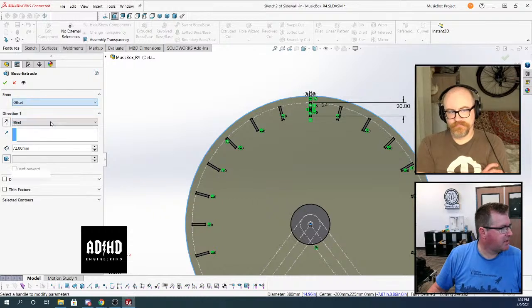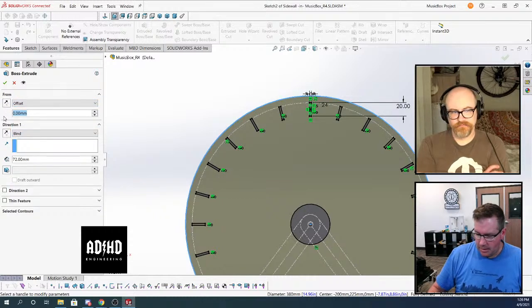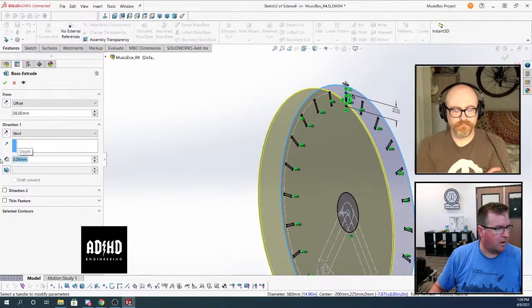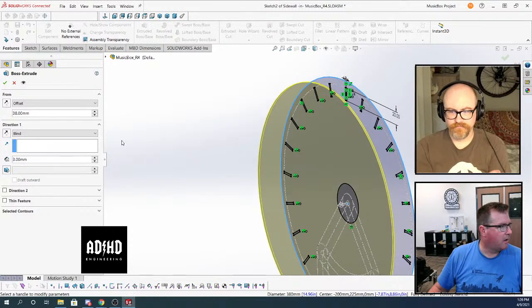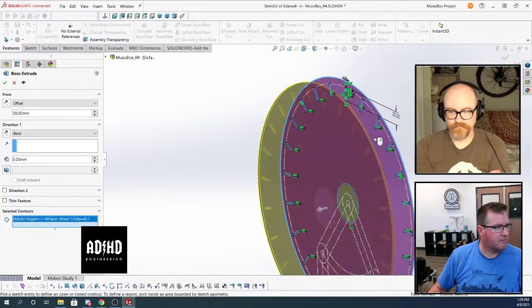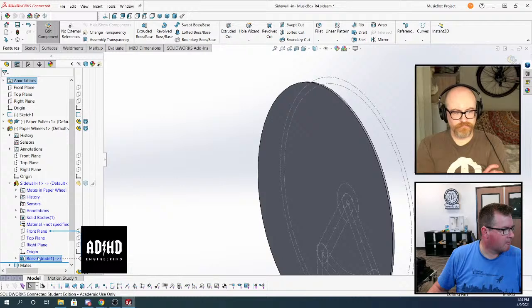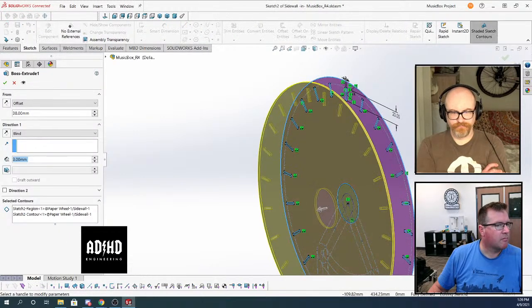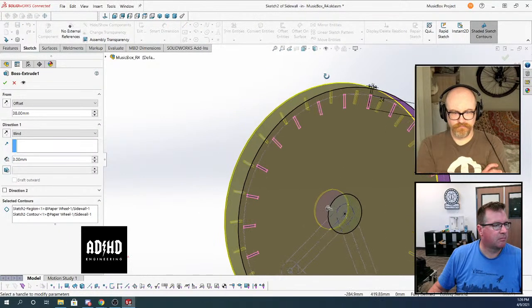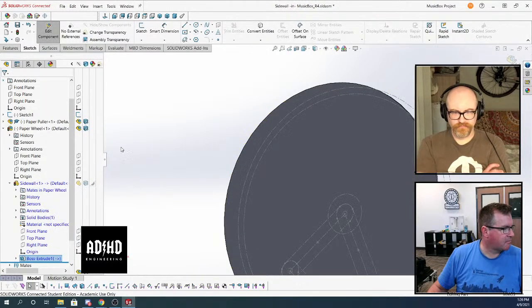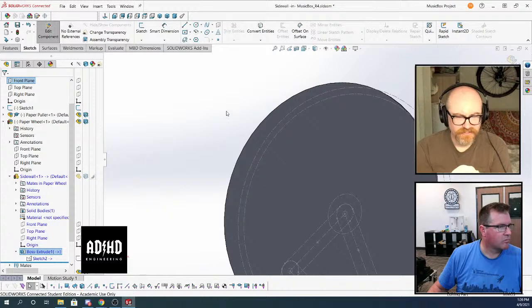So I'm going to offset this. What is 72? It's 38 millimeters away, and it's going to be 3 millimeters wide. And select contours. That's not what I wanted. What are we doing here? I'm trying to make this. It's going to have holes in it now. Look at the preview. Yeah, that's what I thought, but it doesn't. Oh, that's weird.